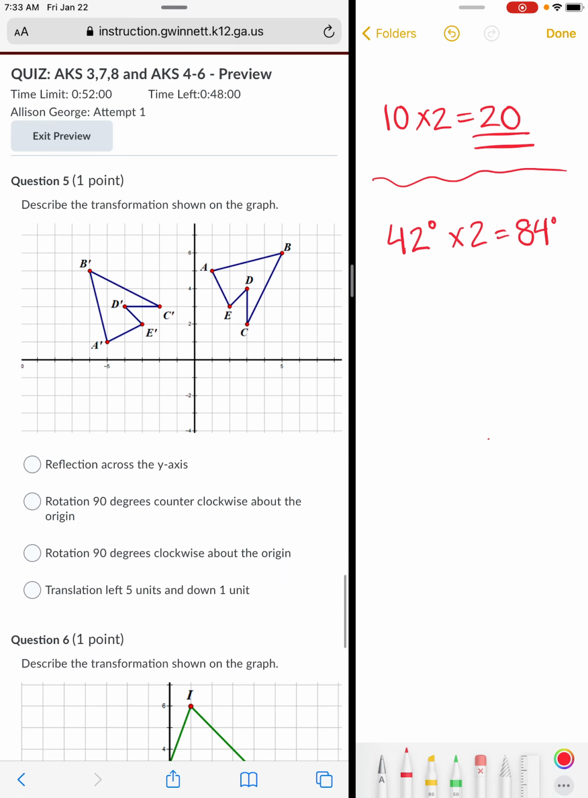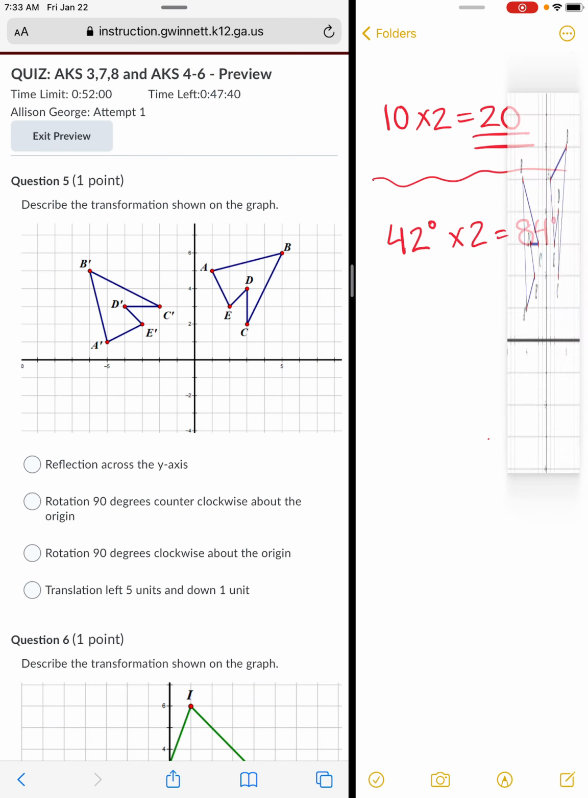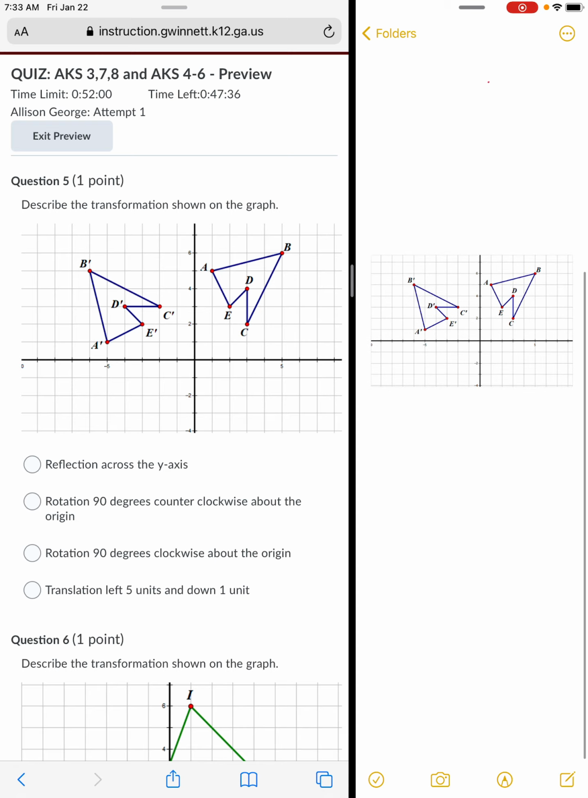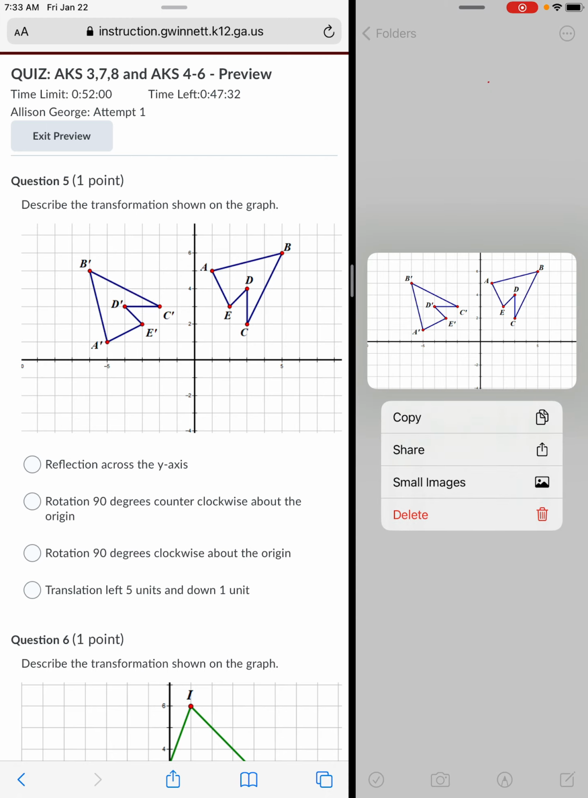All right, question number 5, describe the transformation shown. Well, remember, one of the best tools is to connect all of those lines in the old and new image. And let's see if I can actually just move this over here. Look at that. And so if I connect the lines and they are parallel and congruent,